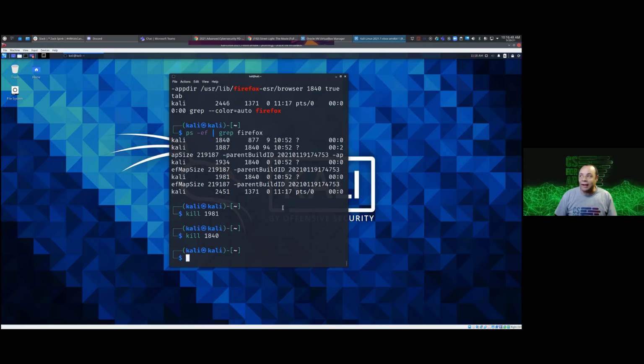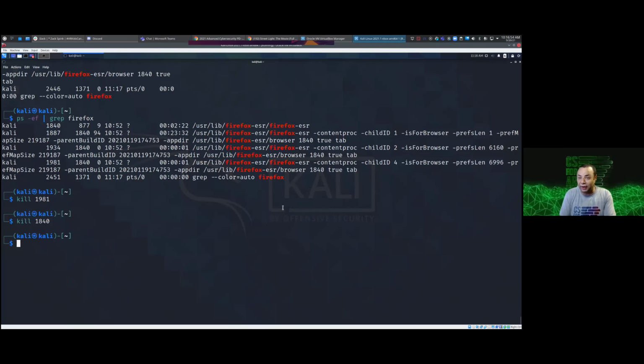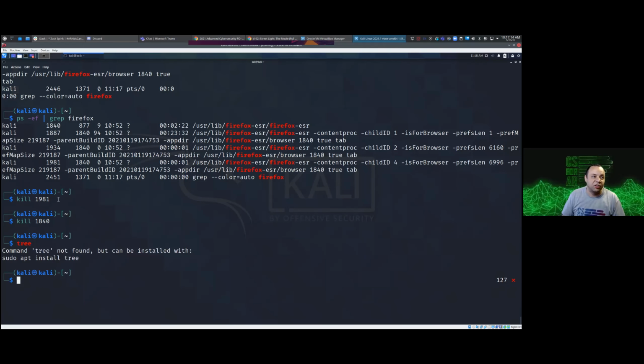So, all right. I mentioned a little bit ago that we could install a program. Let's look real quick at how to do that. You were going to use the apt program, the apt package manager, and we're going to install the program that we wanted to install. I remember that we were going to look at the tree command. It says tree not found, but can be installed with sudo apt tree. They even tell you what you should type. If I type just apt install tree,